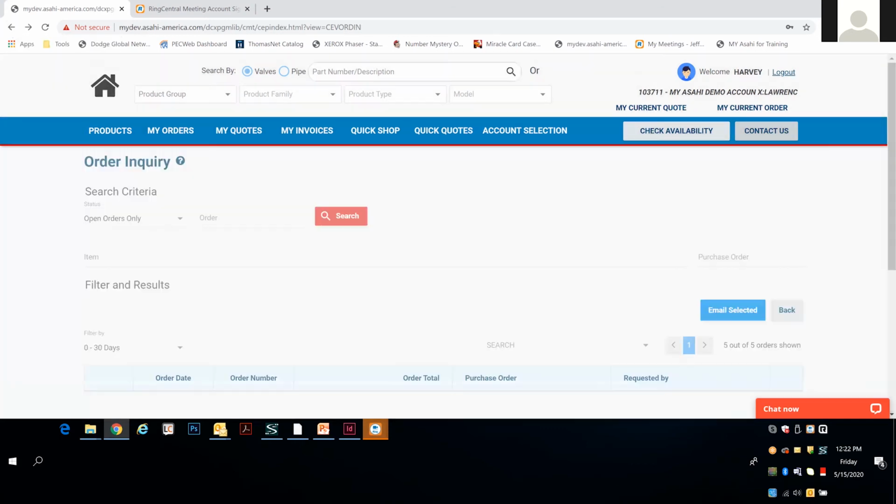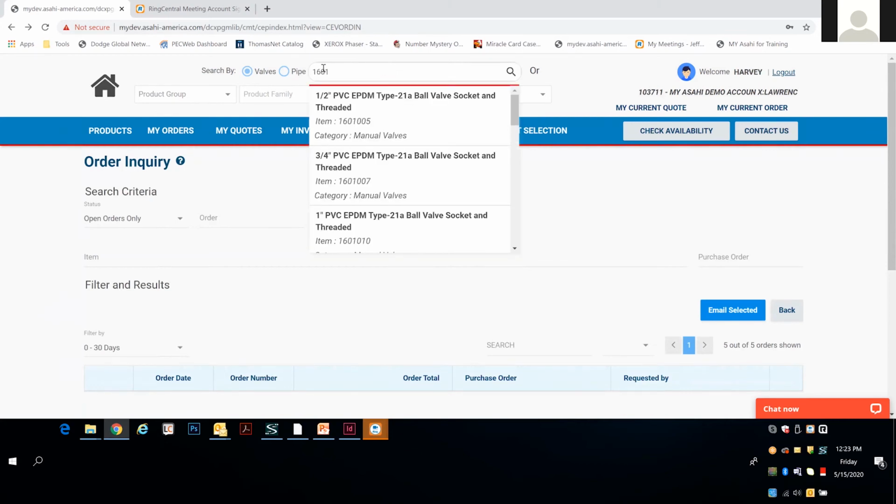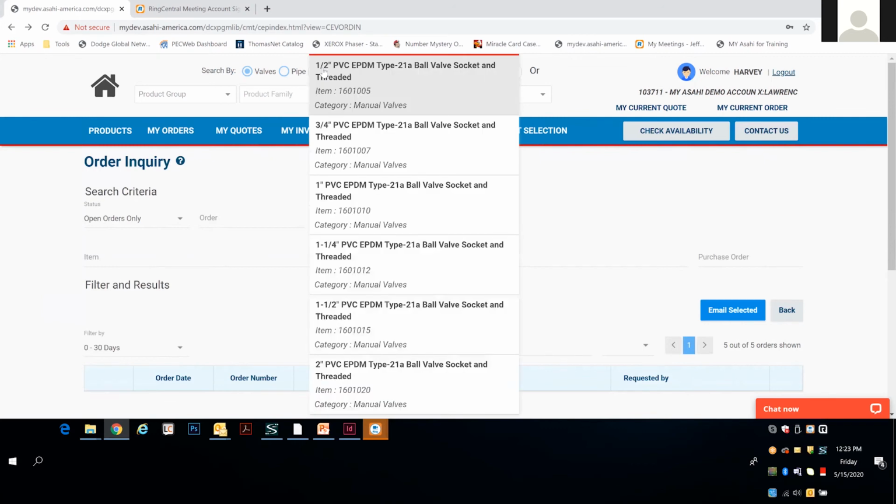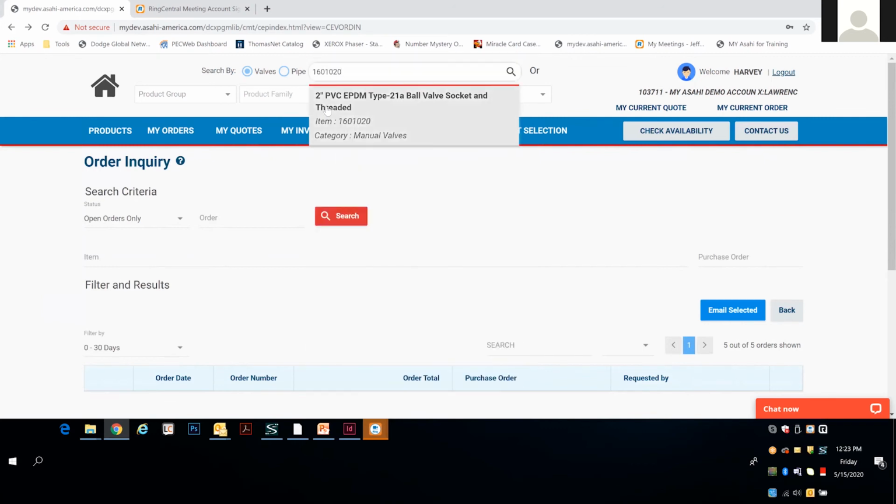One of the important things, and one of the very powerful things that we have, is all the information in terms of our products is now in here by part number. So if you need a part number, or you want to find an item, you can do it 2 ways. You can search by a part number. You can just put in the part number. And there's the information. You would click on that, and that would take you right to the product page. Or you can search by description. So you can put in